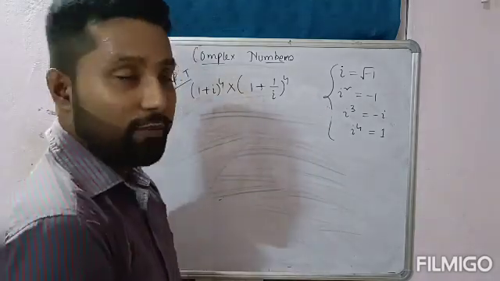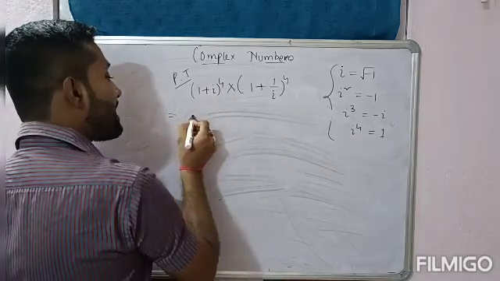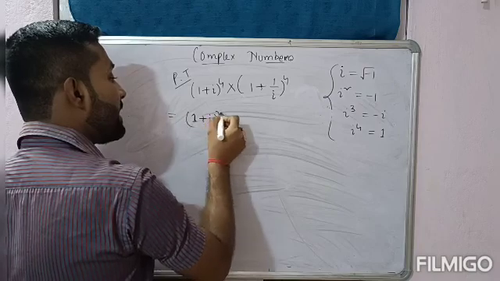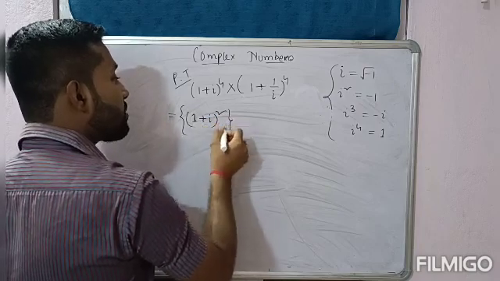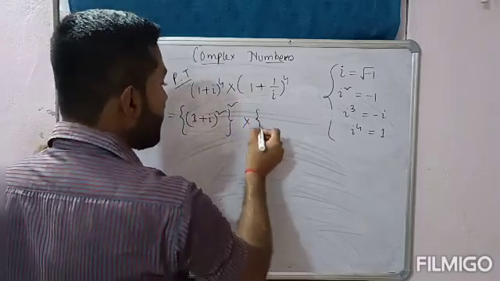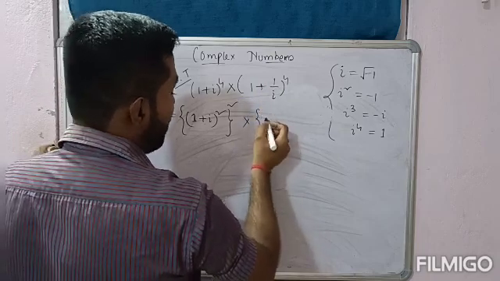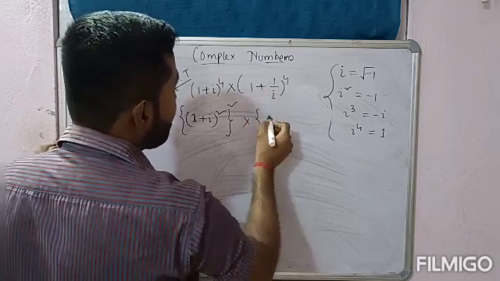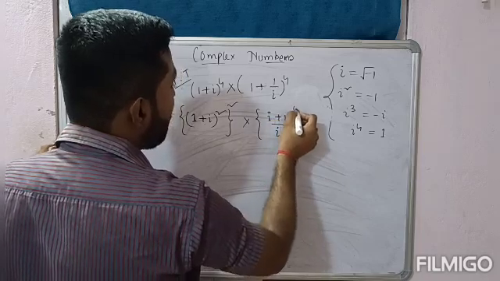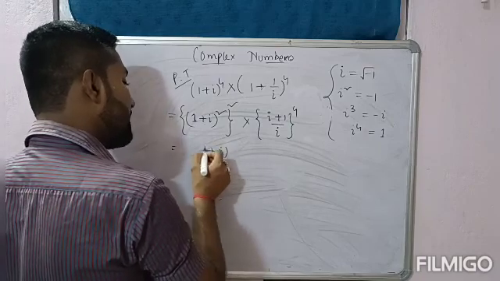चलो राइट हैंड साइड को रब कर देता हूँ, 16 लाना पड़ेगा. We have to start from the left hand side. Okay, so 1 plus I whole thing to the power 4, इसको कैसे एक्सपांड किया जाएगा. 1 plus I whole thing to the power 4 can be written as 1 plus I whole square to the power 2 into, look at the second term, 1 plus 1 by I is there. You do one thing, you take LCM, so this will be then I plus 1 divided by I whole thing to the power 4. Alright, so 1 plus I